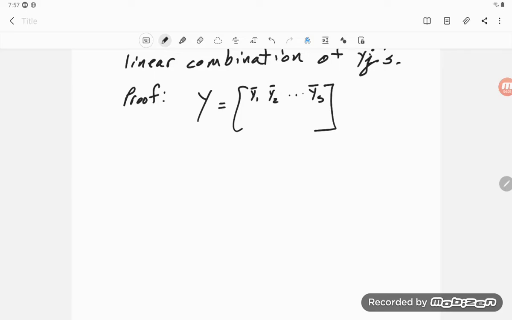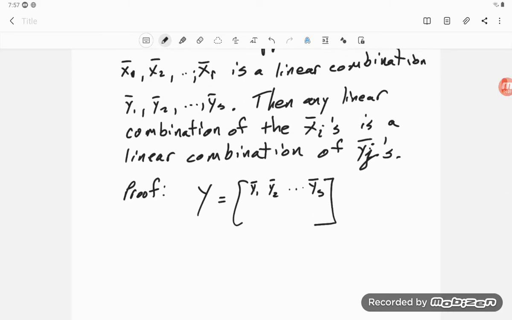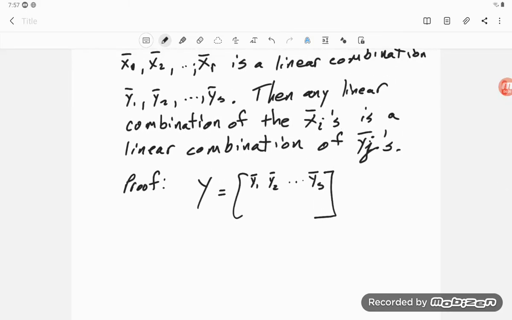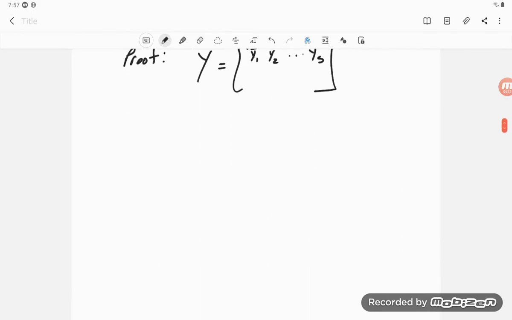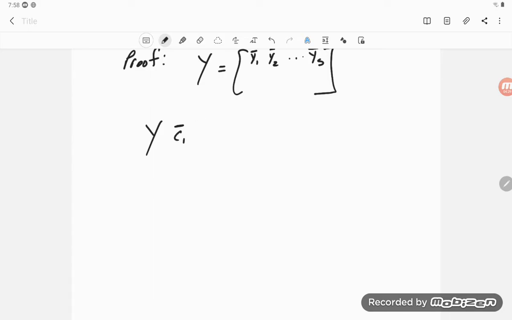Okay, so what that means is that each of the xi's is a linear combination of those, I could write this as a given xi, so I'm going to write it this way. So I've got a matrix times, now I'll use a vector c, c1,